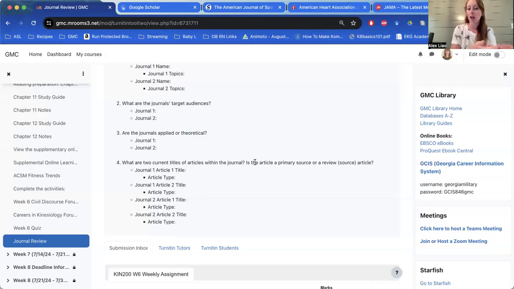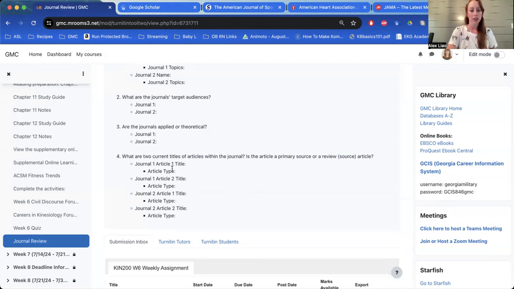So they show 9 out of 10 studies showed this, 20 out of 30 showed this, and they talk about what the current practices are, what is currently working, what we are seeing based off the studies, what we can say going forward. And typically in the title of the topics, you'll see that it says review or systematic review or meta-analysis. That's in the title most of the time. And so that's going to be a big indicator that it's a review article and not a primary source.